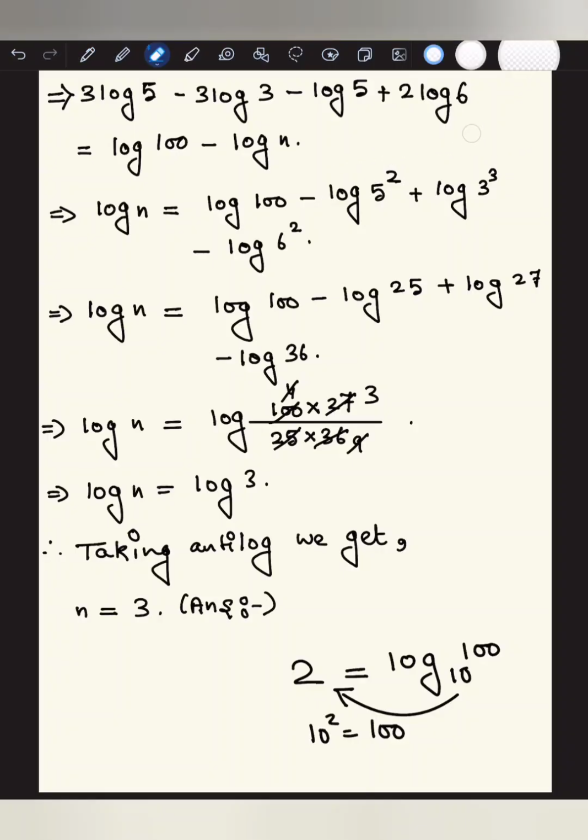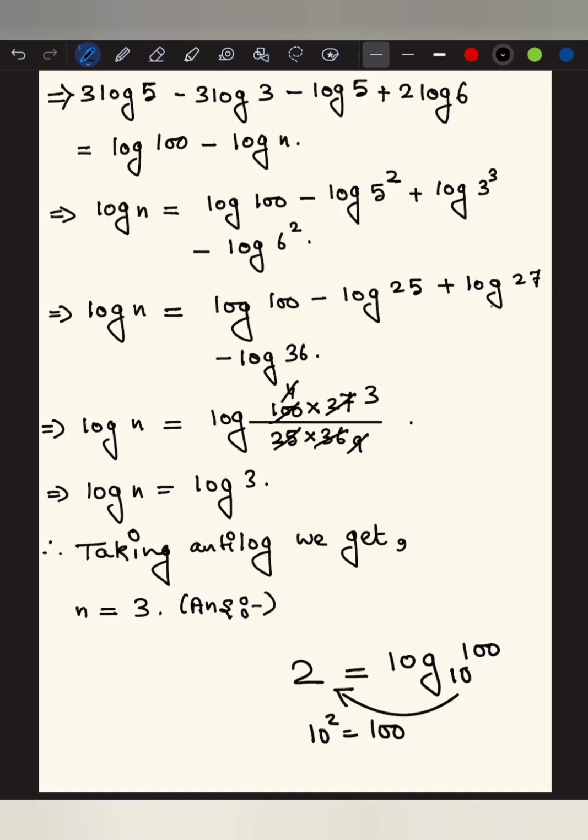Again, minus 3 log 3 means what? Minus log 3 cube, and it goes to the other side to become plus log 3 cube. Again, this plus 2 log 6 can be written as log 6 square, so this goes to the other side and becomes minus log 6 square. Understood? Therefore log n equals log 100 minus log 5 square, meaning log 25,